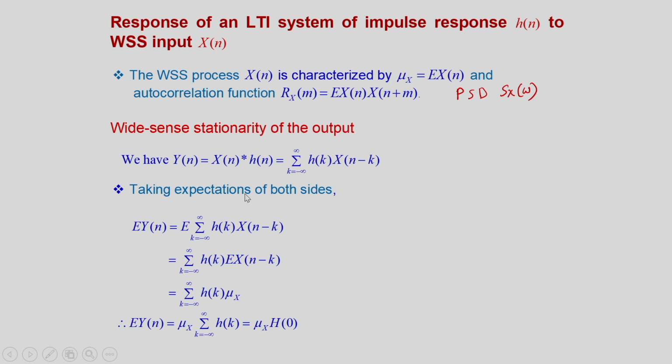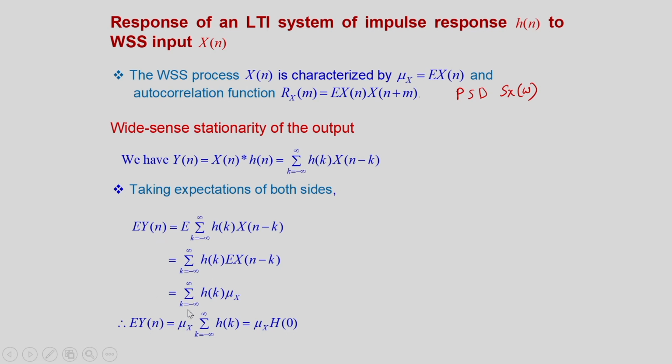Let us take expectations of both sides, then E of y[n] will be E of this sum. This is the expectation of a weighted sum, and this we can write as summation k going from minus infinity to plus infinity h[k] into E of x of n minus k, because h[k] is a constant, not a random variable. So, therefore, the expectation operation will come here,